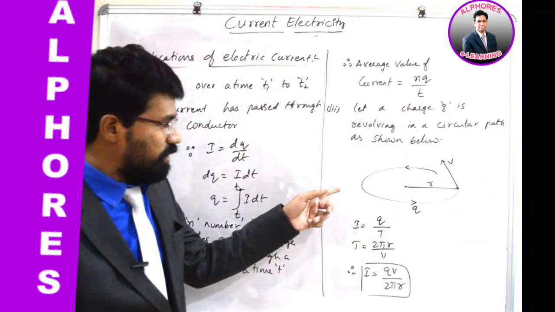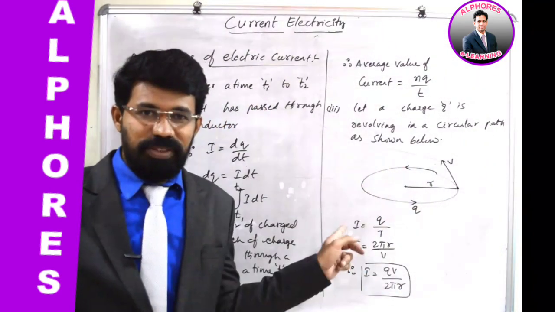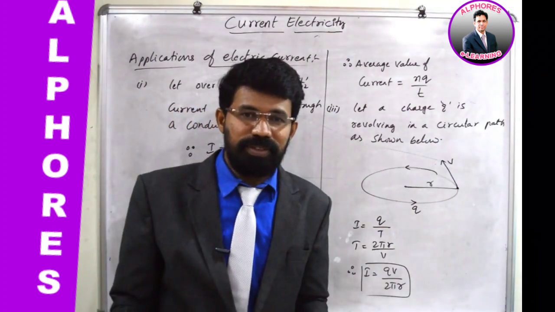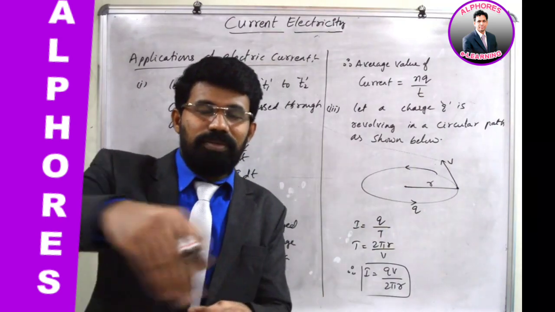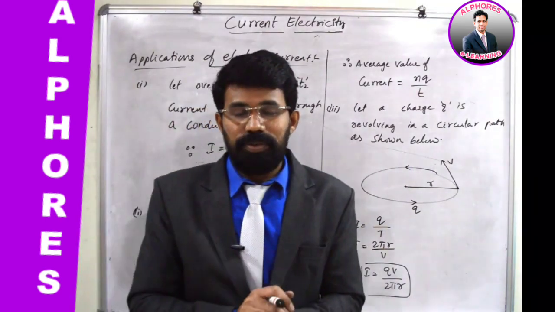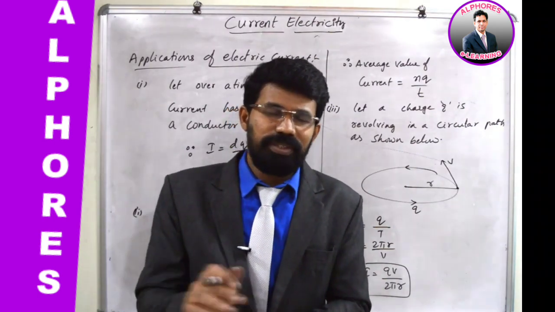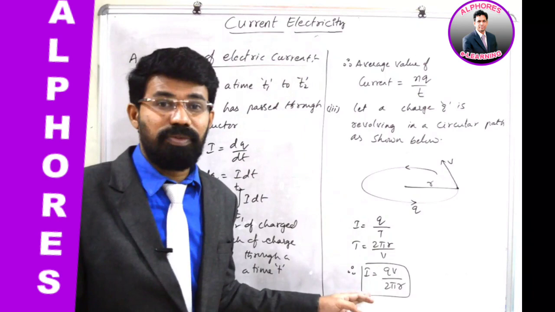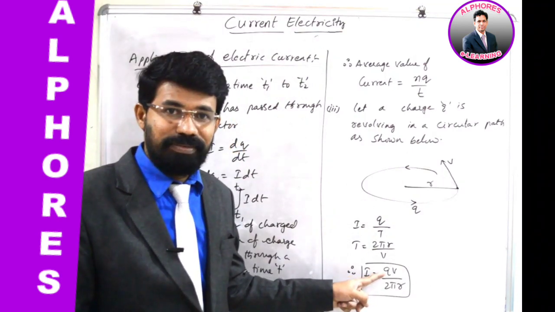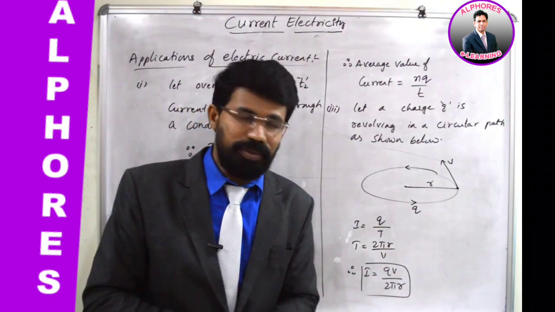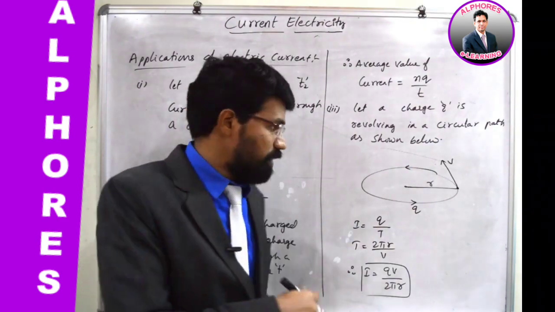Remember, children, don't think that here there is no conductor, so there won't be any current. Charge is in motion. Charge is in motion. We have questions where we have to deal with a situation where an electron is revolving in a circular path, and you have to find out how much is the current associated with that motion. Velocity, everything will be given to us. Radius will be given to us. So we can find out the current associated with the flow of charge of the electron, which is equal to, if it is an electron, you can replace q with e. e is equal to how much? 1.6 into 10 power minus 19 coulombs. So ev by 2 pi r. Like that you can handle current associated with charge revolving in a circular path.